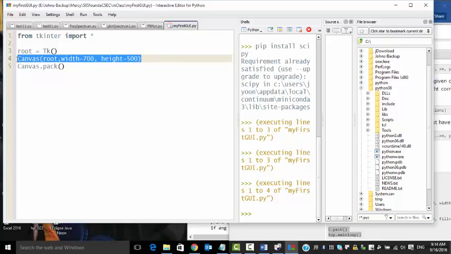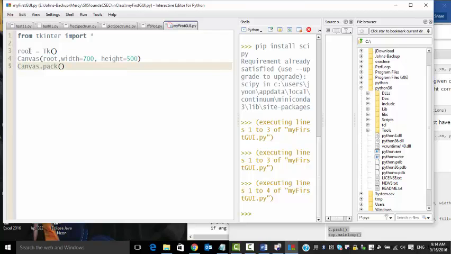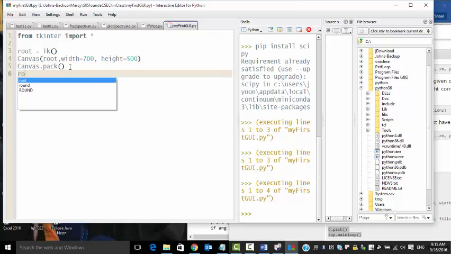I didn't do anything, but I need to have some action. I want to pack them. So canvas needs to be packed, and then finally you need to do root main loop and save,